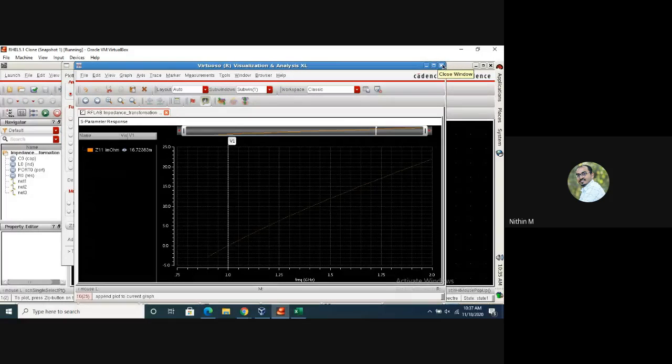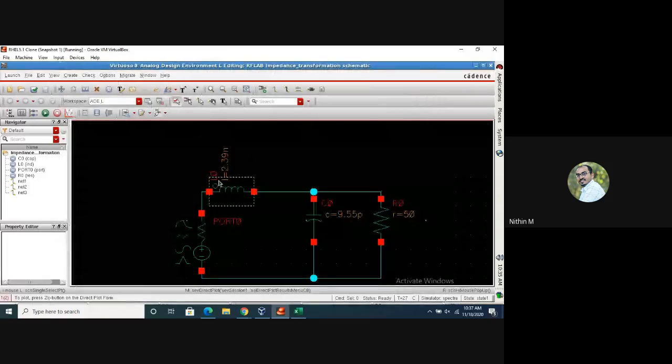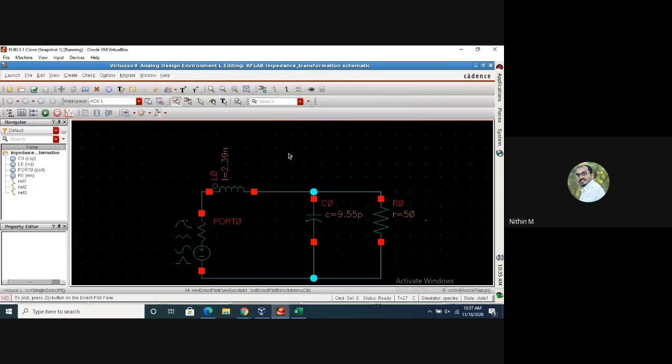Now, I'm not saying it is so easy to actually design a matching network. Once we arrive at some values of the components, say some inductances or capacitances, we have to look at whether those values are realizable. That can be checked only with the help of the Foundry PDK. The foundry would have given a PDK, and they will tell you what range of inductors, capacitors and resistors are possible within their foundry. So it depends purely on that.